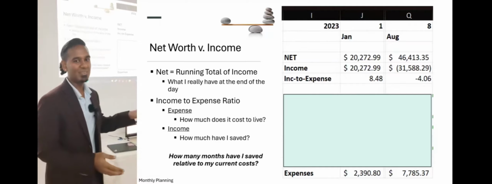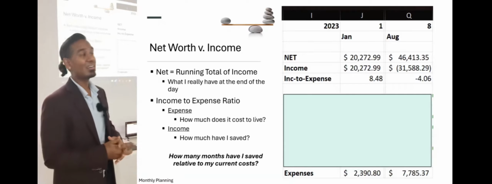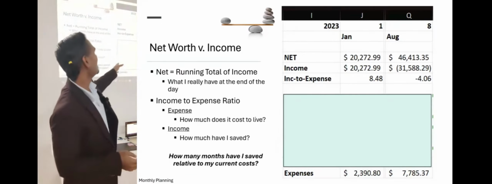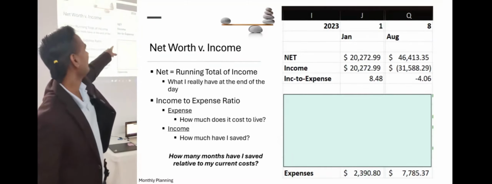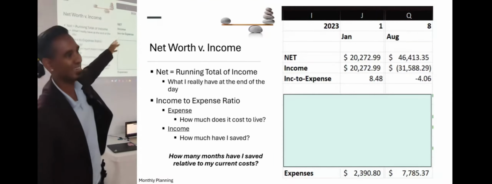What I do with this money, this number that I just calculated, is that I calculate my net for the year. So I do this on a monthly basis, right? And each month, whether it's an increase or decrease, I add it to the total for the year. And if you notice in the beginning of the year, it's only one month, so my net is just that.